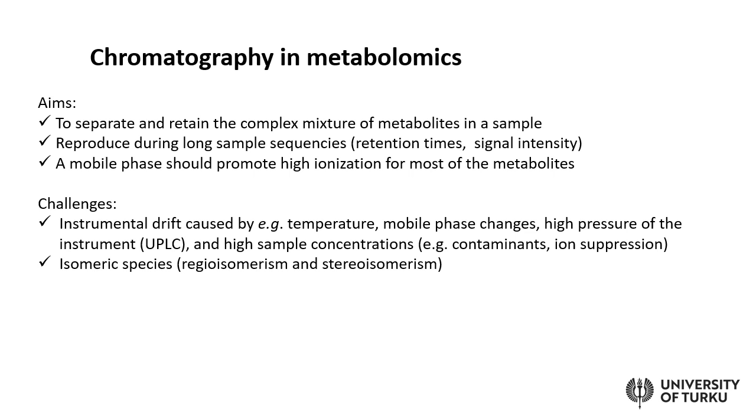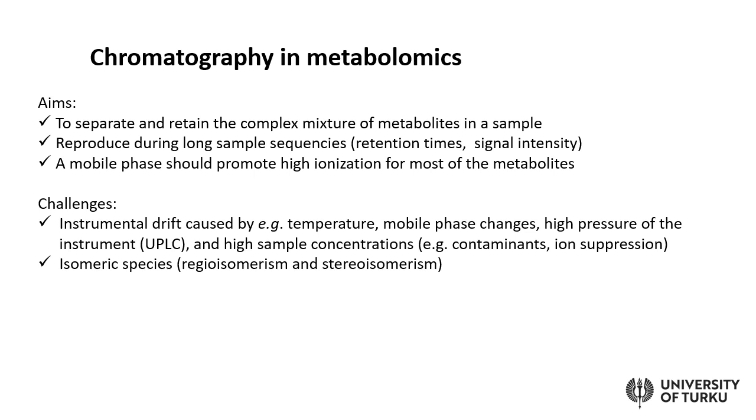So there are a lot of sources for encountering various drifts during your analytical run. And also, no matter how carefully we try to design the gradient for the chromatographic run, it might be that your sample still contains a lot of what we call isomeric species. They can be either regioisomers or stereoisomers, so that the compounds have the very same molecular mass and they cannot be completely separated in the analysis.